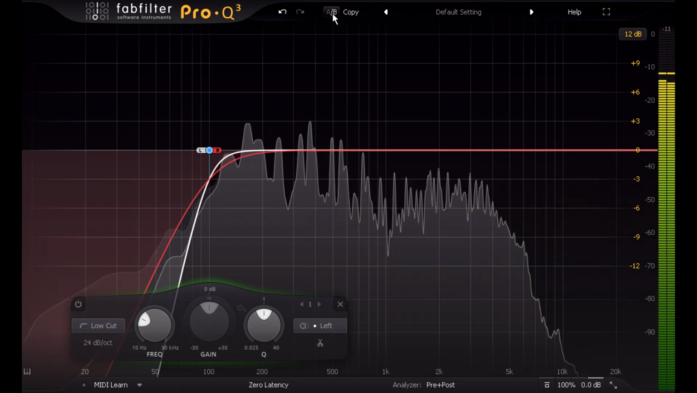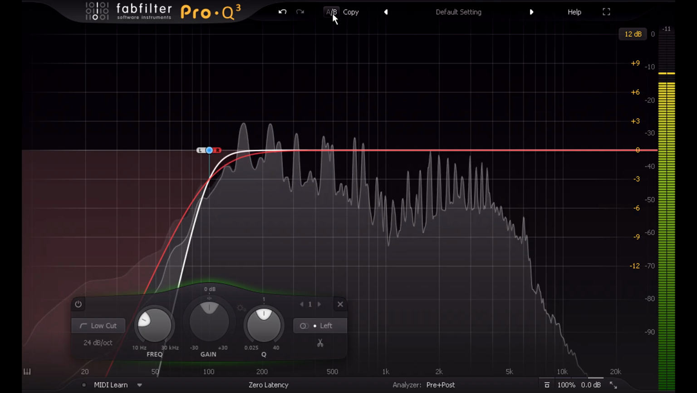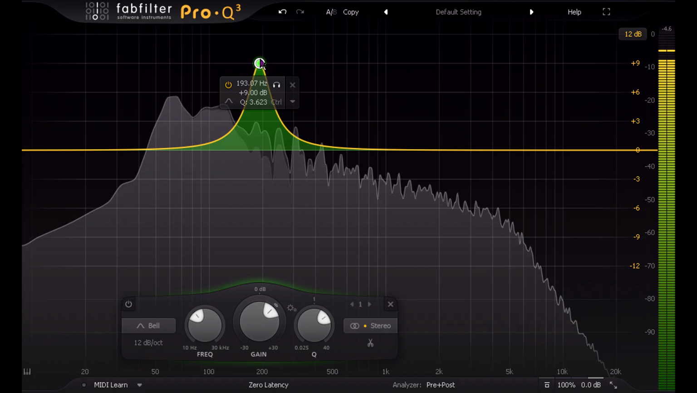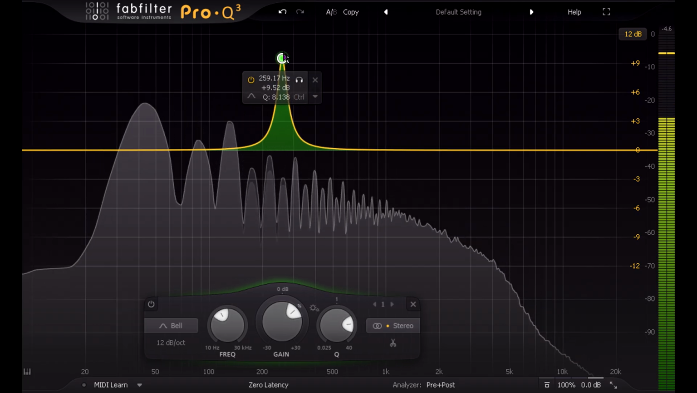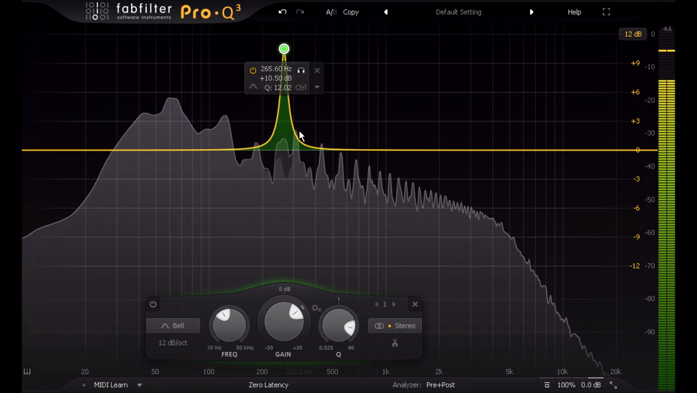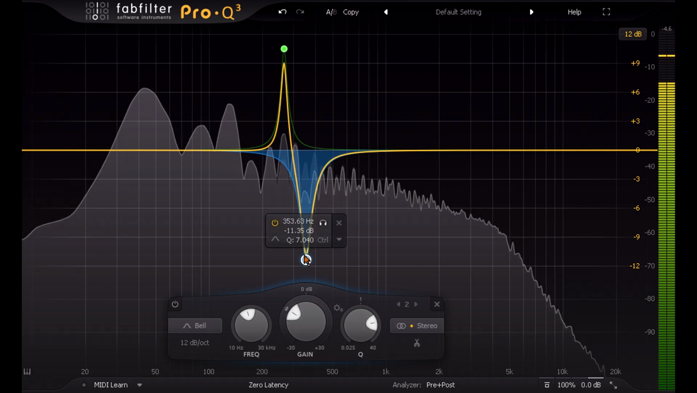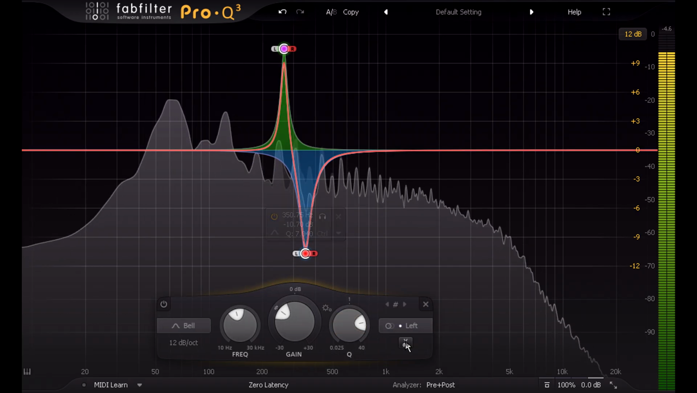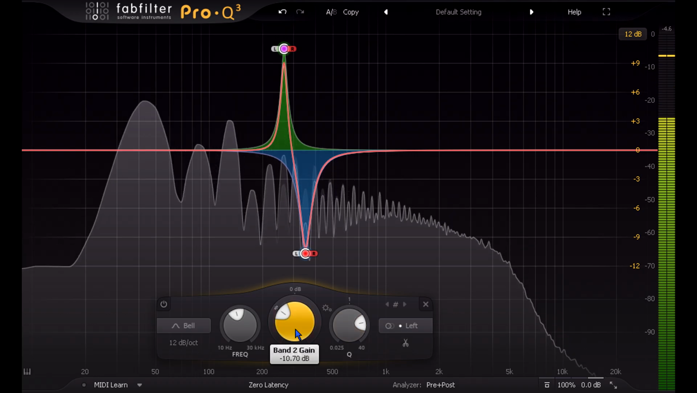I'm going to use a variation of this technique on the bass part. Let's pick out some of the harmonics in the mid-range and give them a healthy boost. Then let's have a healthy cut a little higher up. Now I'll select both those bands and split them to create separate bands for left and right, and invert the